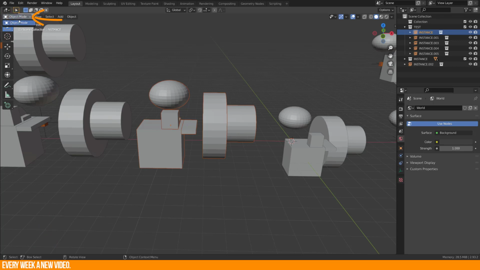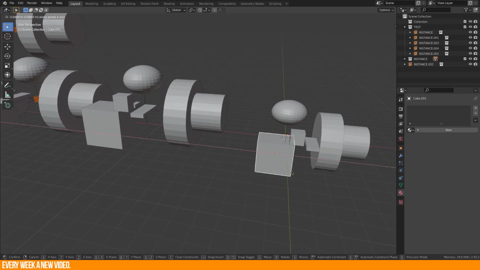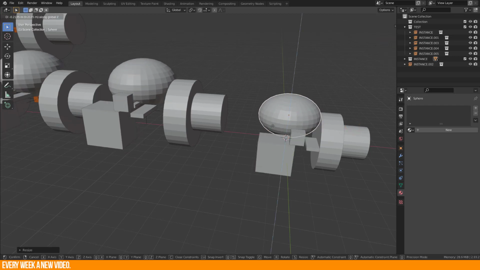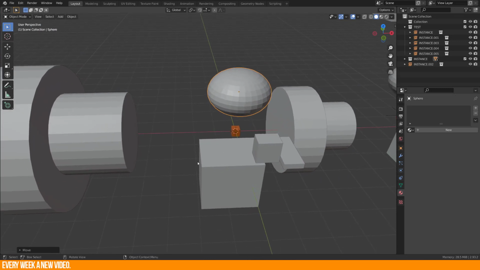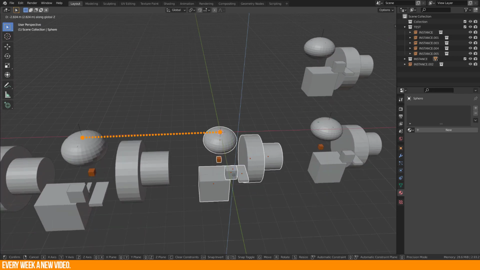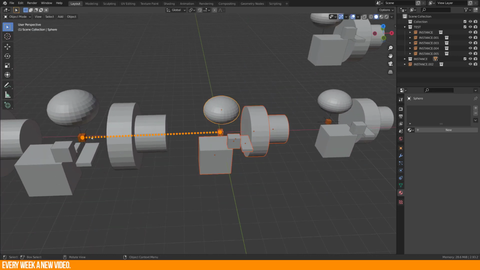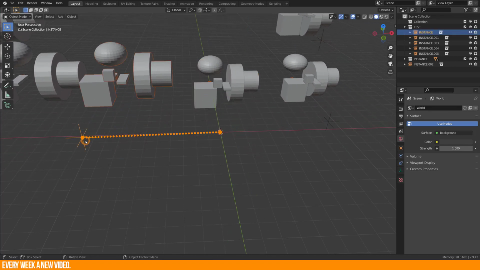Basically it is not possible to edit the collection instance when it is selected. The only way is to select the origin object or objects, transform them, rotate them, scale them, or adjust the geometry. Important to know is that the position of the object relative to the center of the scene will determine the collection center. So it is good to have the 3D cursor at the 0 position. When you move the object of the basic collection, then this will change the position of the instances too. The empty object stands for the 3D cursor position, so the empty object is more or less the origin of the collection.